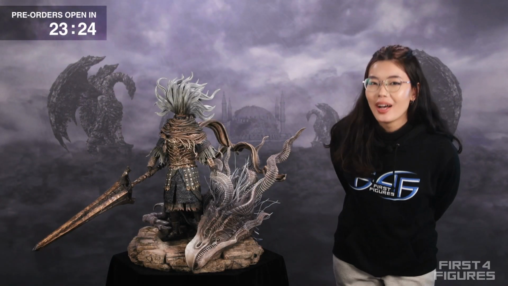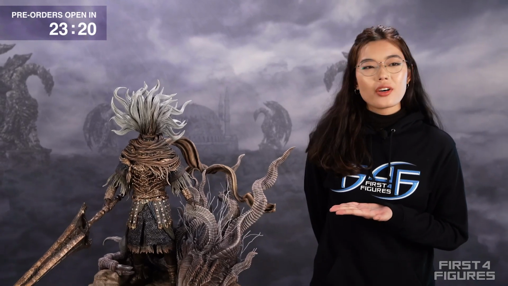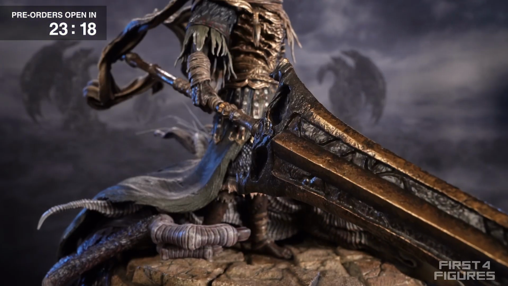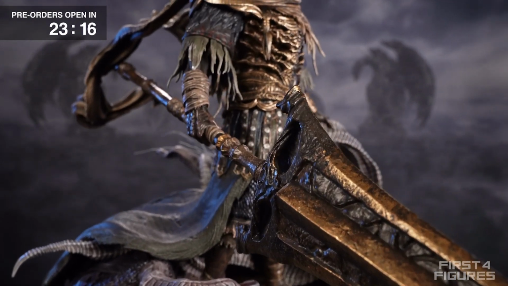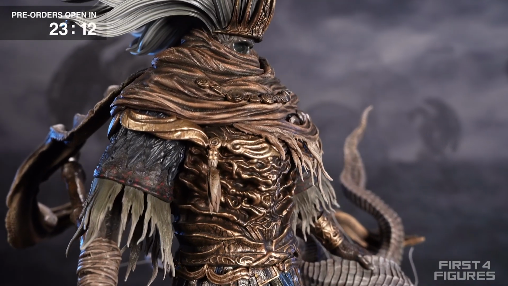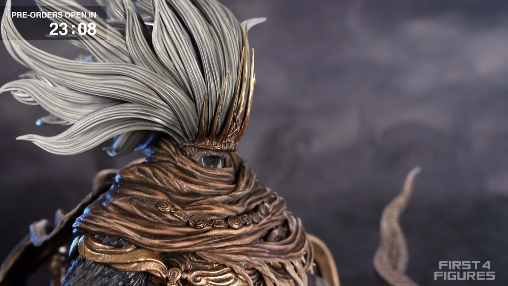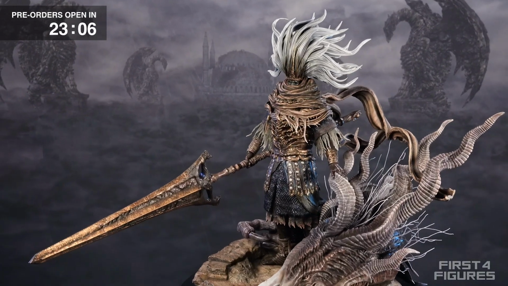Boom! Well, thought you'd never hear that again, huh? Here next to me, it is the standard edition of Nameless King, also known as King of the Storm, and at his feet is his Storm Drake, which, if you've played the game, you would know that you have to go to Archdragon Peak, ring the large bell at the Great Belfry, and the Nameless King will be available